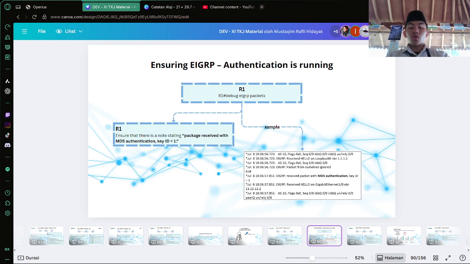The debug output on router 1 shows a line that says packet received with MD5 authentication key ID 1, which confirms that the EIGRP packet received from router 2 was successfully authenticated using the key with ID 1.